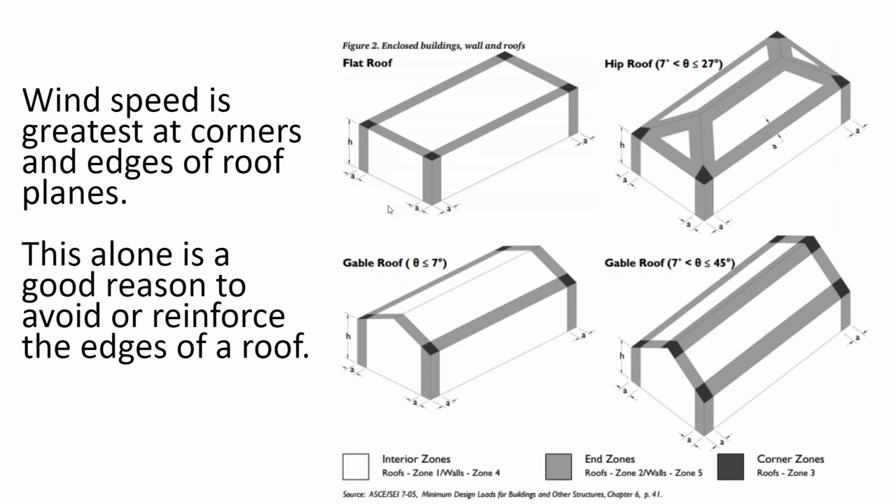The ones at the edges will experience the second most wind load. And then the ones in the middle will experience the least. And that gets into how you apply the concrete ballast blocks to weight down the array on a commercial rooftop. If you want to use the least number of attachments